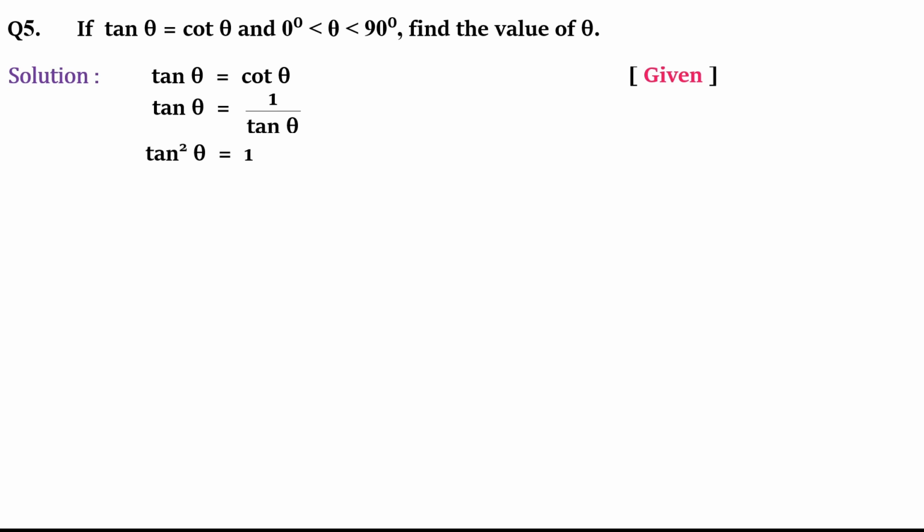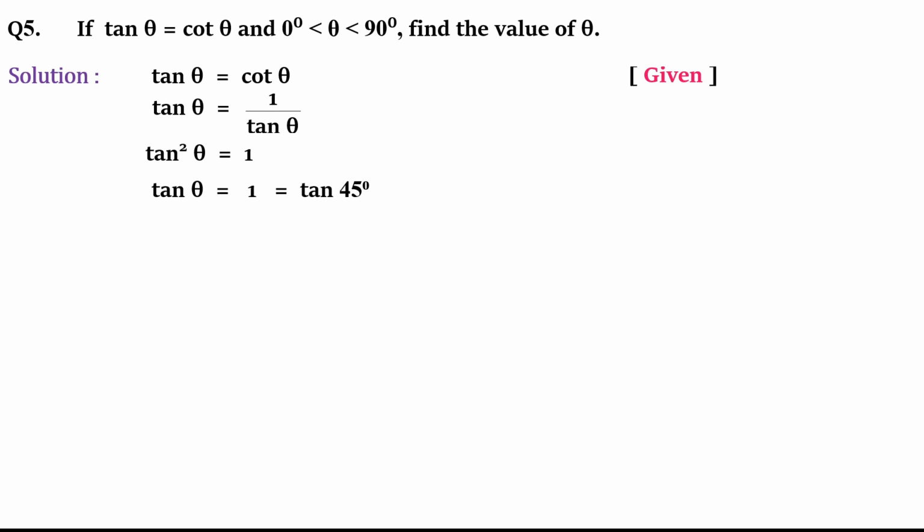And in the next step, from right hand side, I will take tan theta, and by cross multiplication method, we will write in the next step tan square theta. That means the denominator has been multiplied with the numerator in the left hand side. So next we have tan square theta is 1. So from here I can find the value of tan theta. Tan theta is given